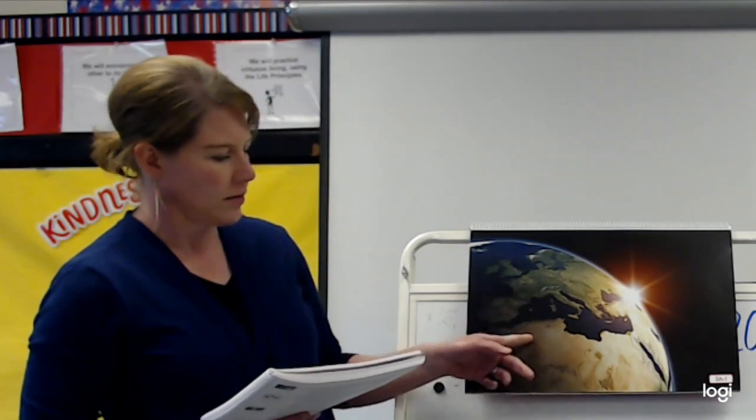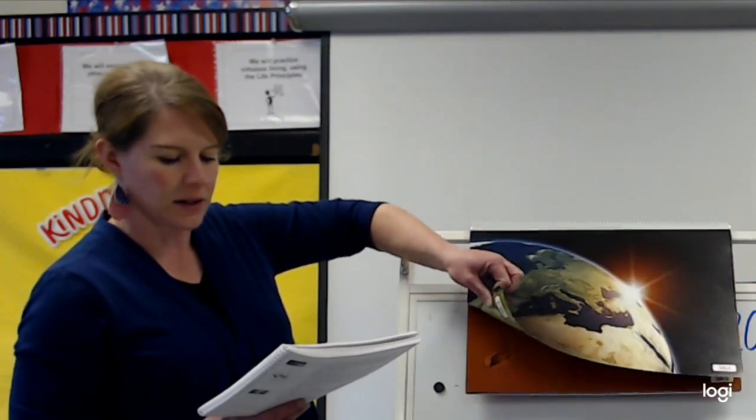See the big brown area at the bottom of the picture? Right in here. That's North Africa, and it's almost completely covered by the Sahara Desert, which is the biggest desert and one of the driest, hottest places on Earth. You won't find too many people living in the Sahara Desert, but that does not mean that nobody lives there. It is possible to live in the desert, but there are very few natural resources like water in the desert, which makes it very difficult for people to live there.